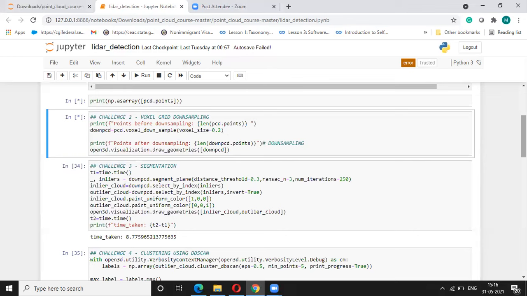To handle that, we are using an algorithm named RANSAC, or random sample consensus. Using that consensus algorithm, we are sampling, and we are finding which points are part of that particular plane and which points are not part of that plane.